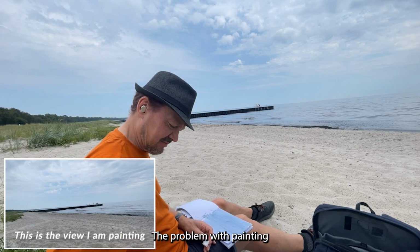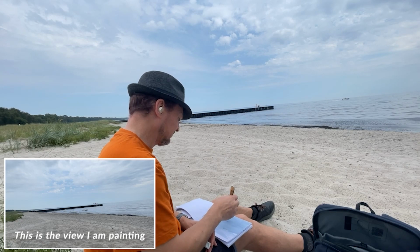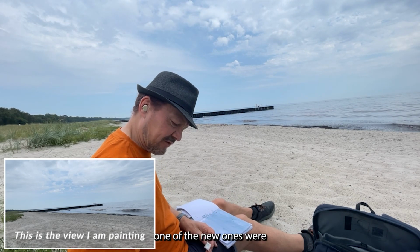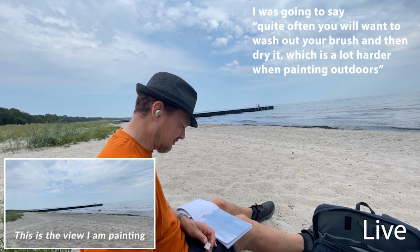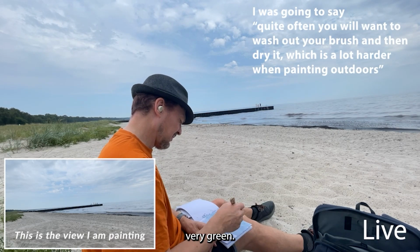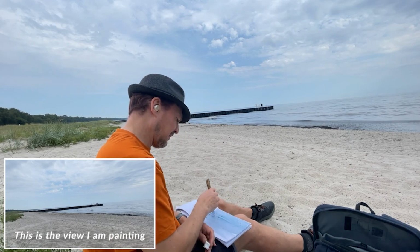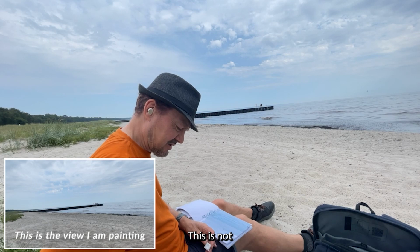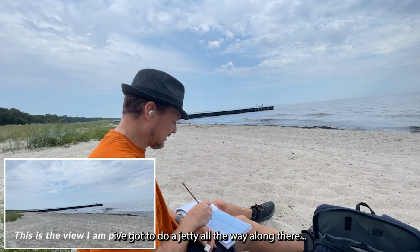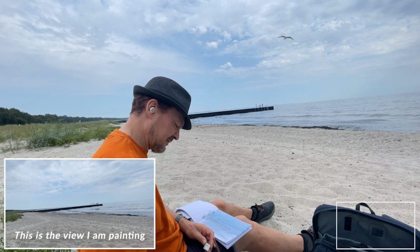Part of the problem with painting watercolours and acrylic is quite often... I forgot what I was going to say now. This is turning very, very green. Not sure where the greens come from, maybe there's a bit of yellow with the blue. Right, this is not my idea of a jetty all the way along there. This should be easier because...